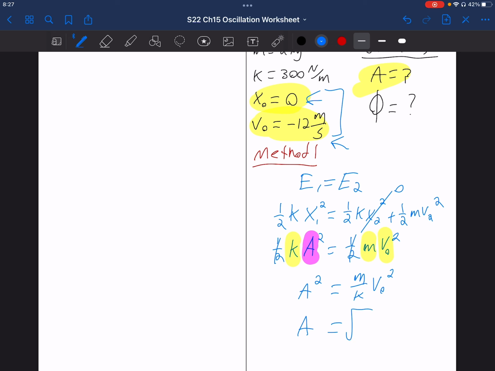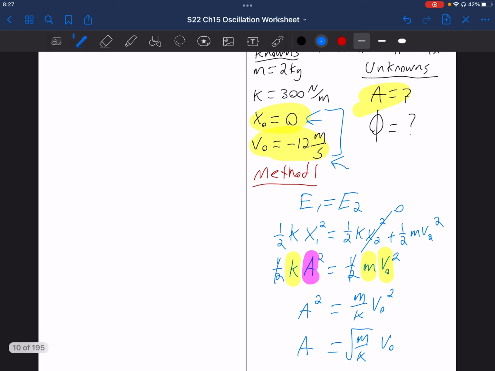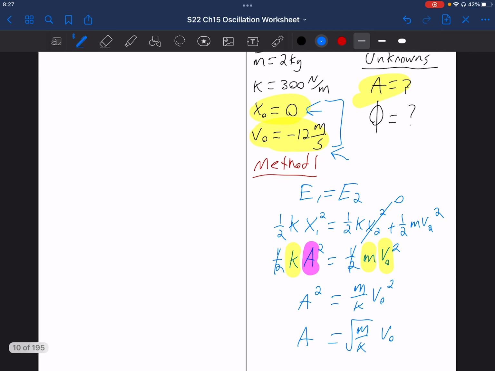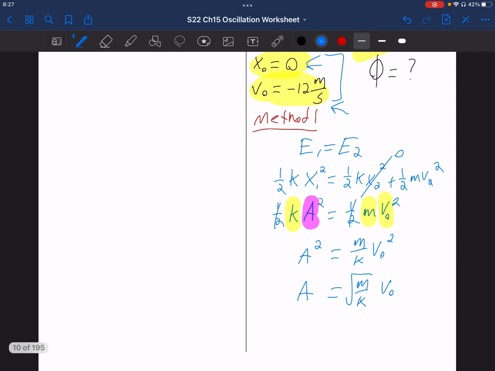A is equal to the square root of m over k times v naught. My initial velocity, or my velocity at time equals 0, and we'll note that the mass is 2 kilograms, the spring constant is 300, and the velocity is negative 12. So plugging into this, we're going to get that A is equal to